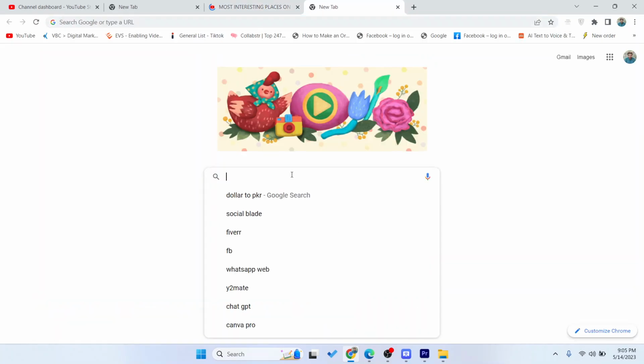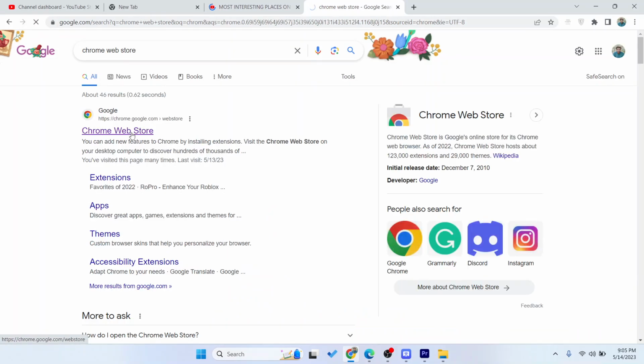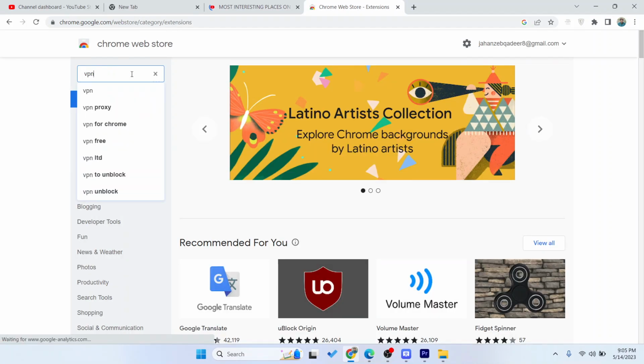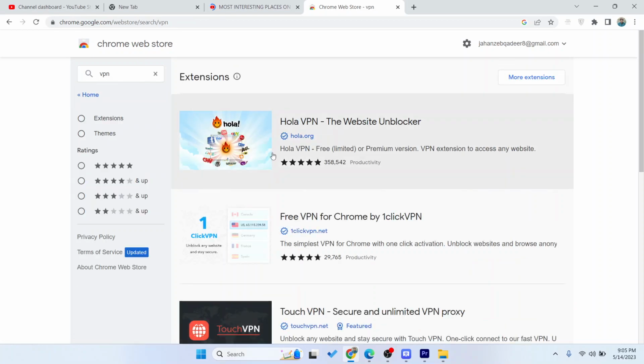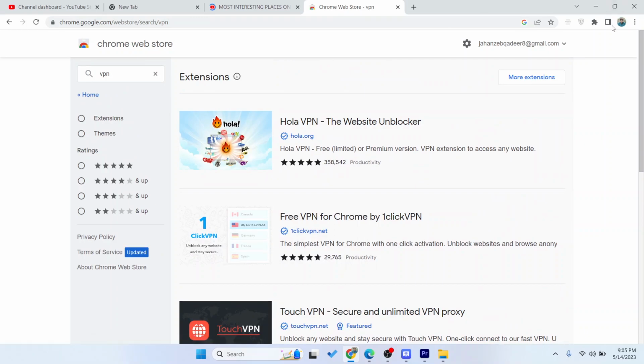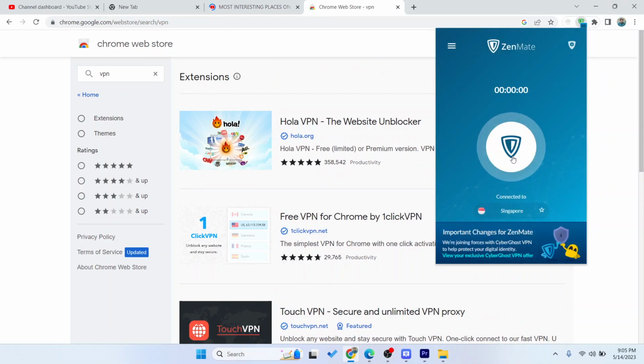You simply need to go onto the Chrome Web Store, and from the Chrome Web Store you simply need to download any VPN. Search for VPN and you can add it from here to your Chrome. As you can see, I already added an extension, so let me connect with that and let me refresh,